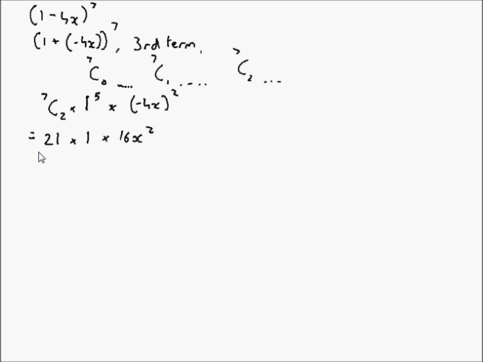And then you end up with the third term equaling 336x squared. That's the second type of question they can ask you. And lastly,